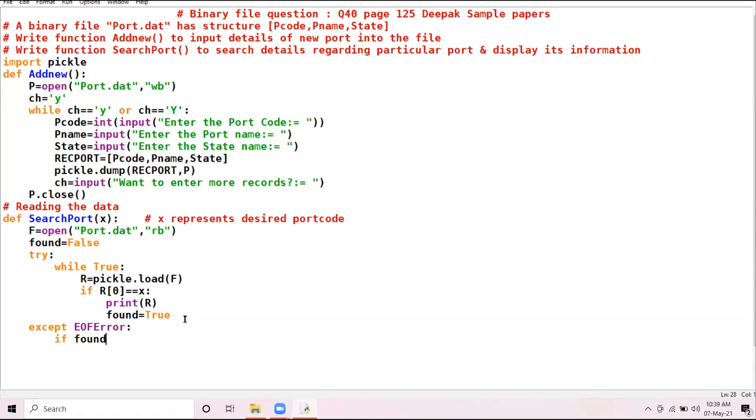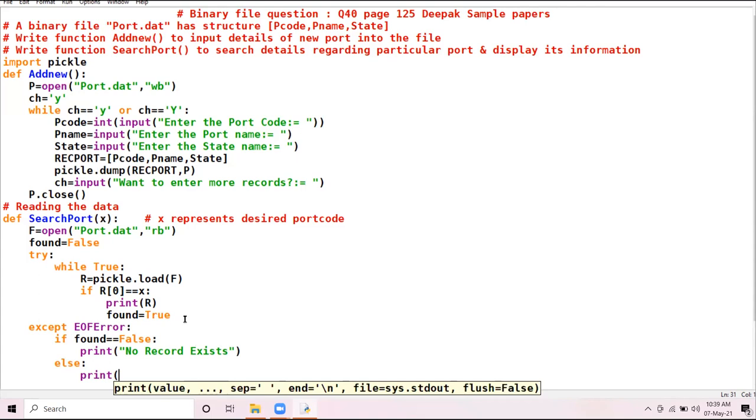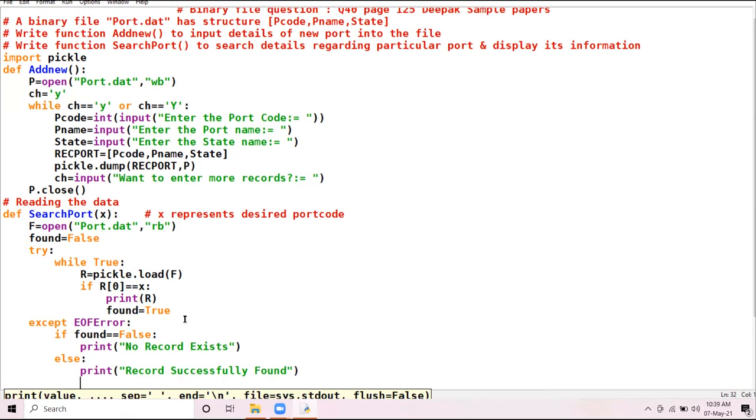If found equal to false, print no record exist, else record successfully found. Okay, and then close the file.